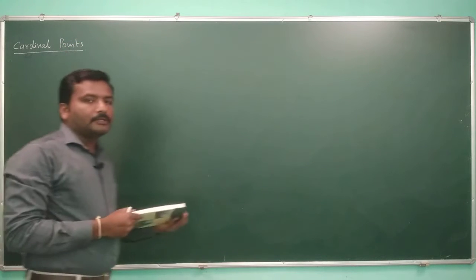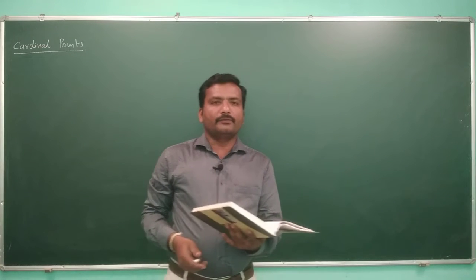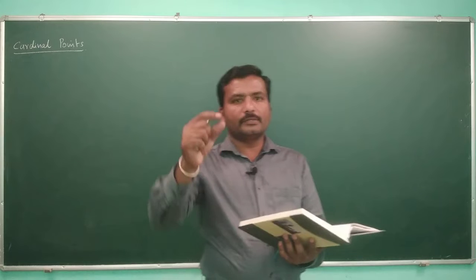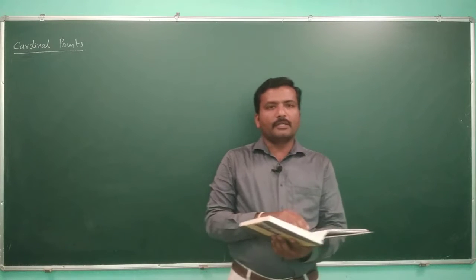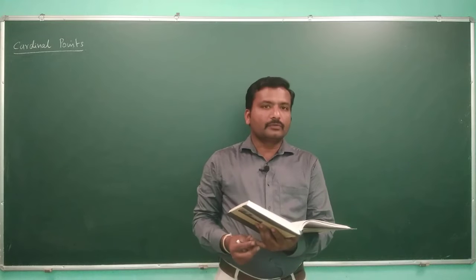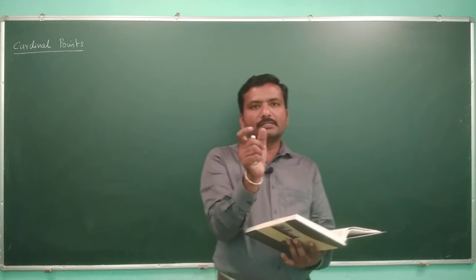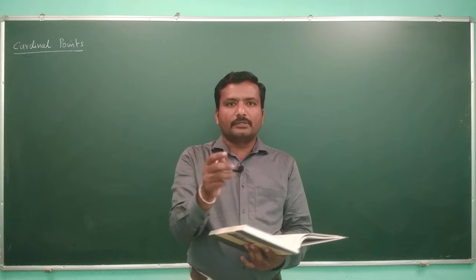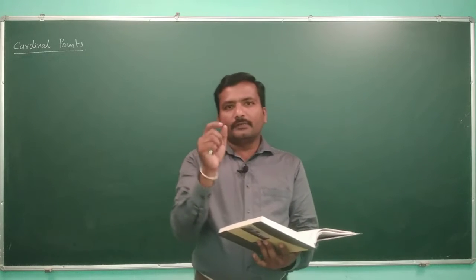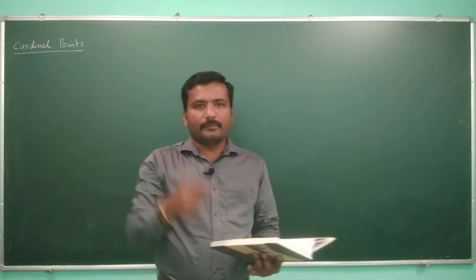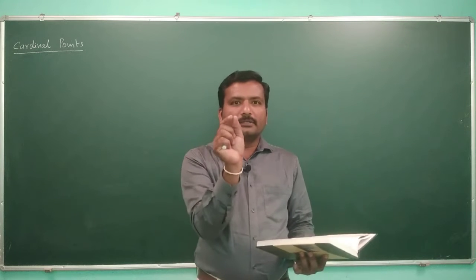Cardinal points are nothing but a set of a few points. And before defining what they are, let me tell you a small history. In the previous lectures, we have discussed refraction through thin lenses. Generally, we define a thin lens. Thin is a very qualitative word. The idea of thin differs from person to person. For me, thin may be 1 millimeter. For you, the word thin may be 10 millimeter.